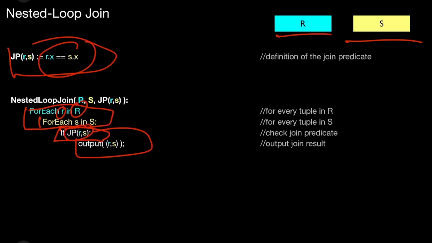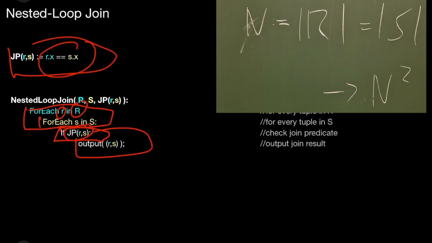Very efficient. N over to n squared. N? N squared. N square, yeah? Squarish complexity. So the number of comparisons is the number of tuples in R times the number of tuples in S. Yeah, if you simplify that, the number of tuples in R is equal to the number of tuples in S. Yeah, then that leads to,